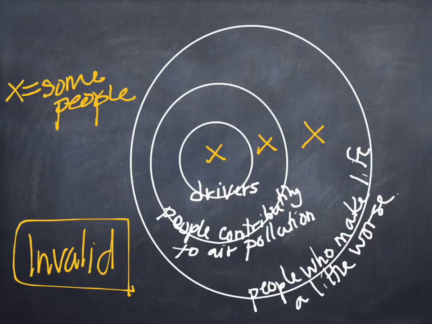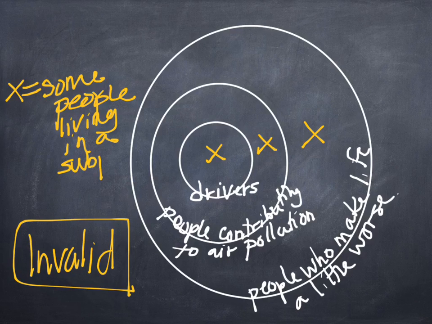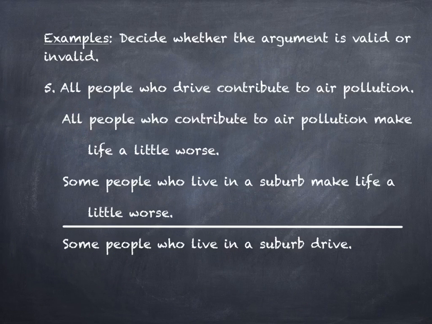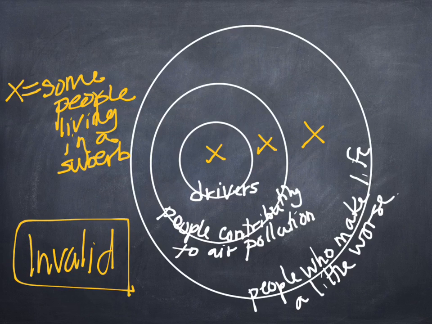Okay. So I wasn't real clear when I wrote my some people. These are some people living in a suburb, if you want me to be clear. Why do we put X's in all of them? The X's represent the places that the some people could be. My statement over here said that these some people make life a little worse. And my outer circle, the big circle here, is the people who make life worse. Which means that the X could be in the driver's circle, the X could go in the pollution circle, or the X could go in the making life a little worse circle. So all of these some people